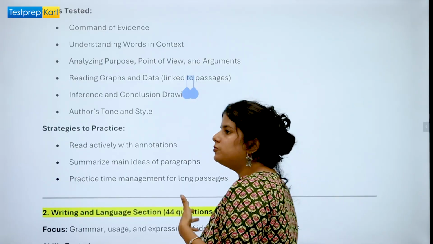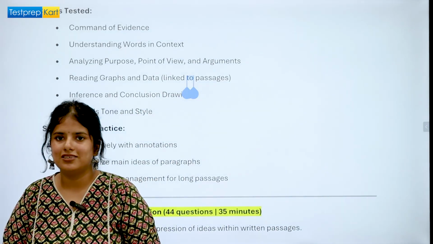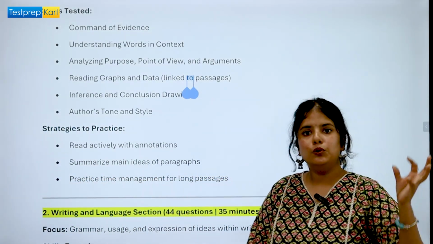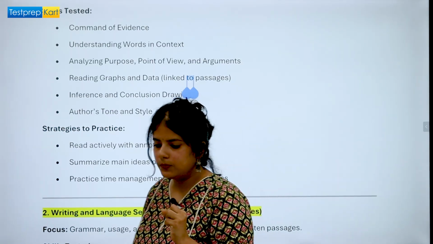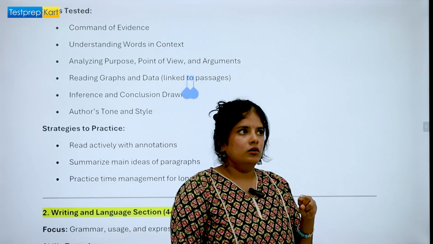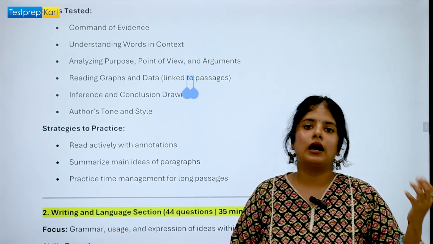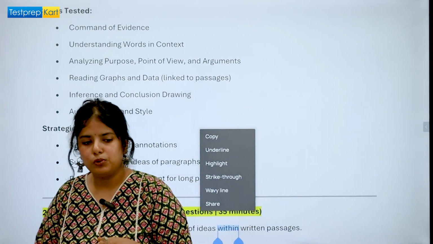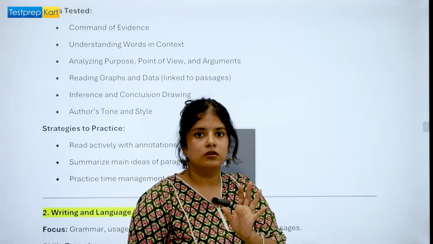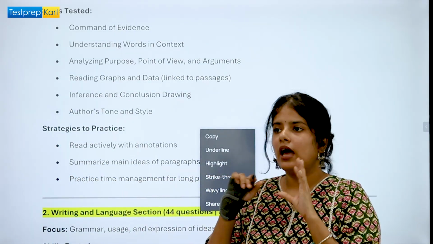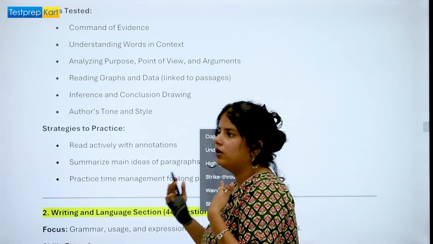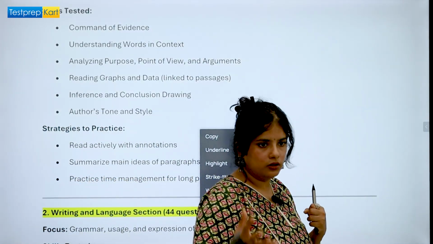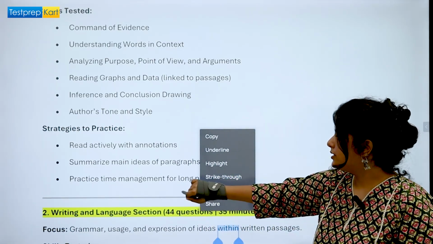So the strategy to practice English that I always suggest is to annotate. Even in Blue Book, they give you an option. If you don't know what Blue Book is, it's basically a portal where you can practice for the SAT exam. In that portal, you can also annotate while you are reading the passages. You can write it so that you can remember. It really gives you a feel that you're giving an SAT exam. And that's why students take it.